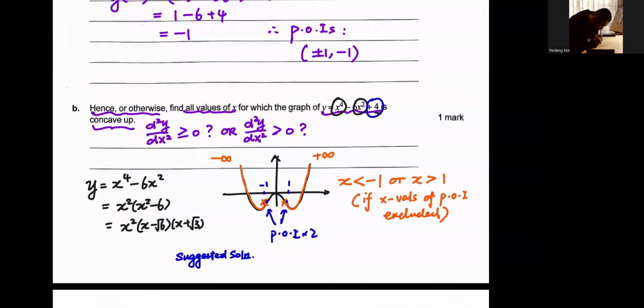But to be honest, you could also argue x is less than or equal to -1 or x is greater than or equal to 1, okay? In this case, I just follow this inequality here,